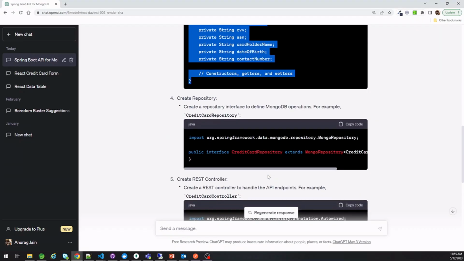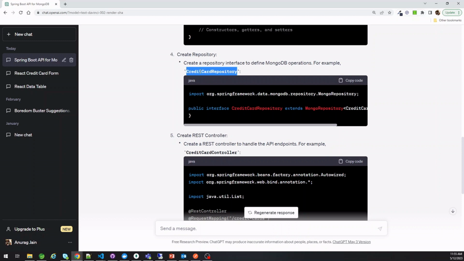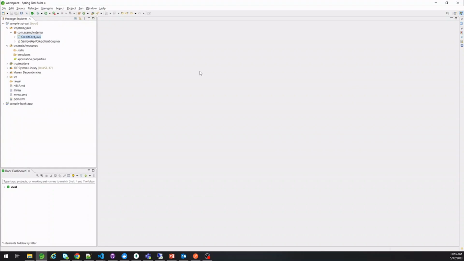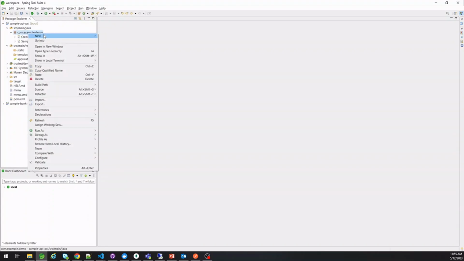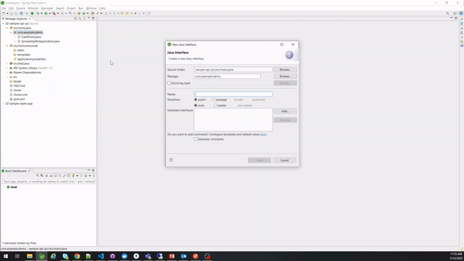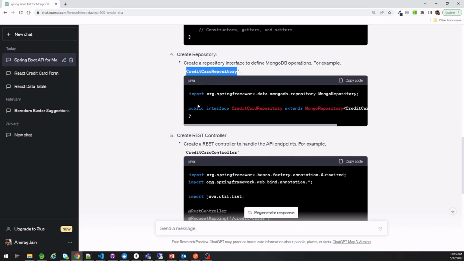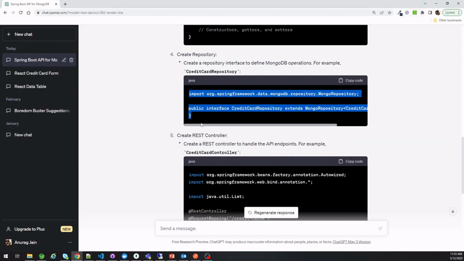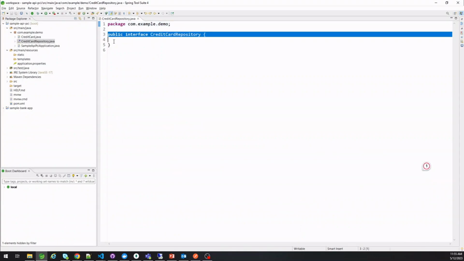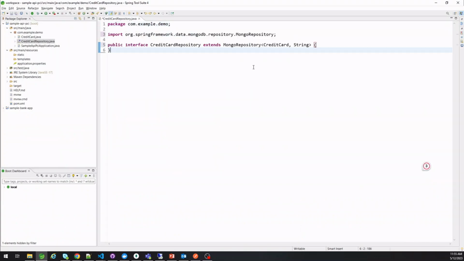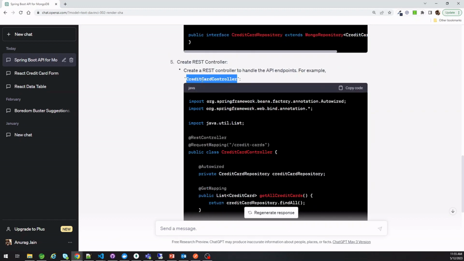Let's move on to creating the repository. So this contains all the required methods to interact with the data stored in MongoDB. So I'm going to create an interface with the same name, and I would extend this interface with Mongo repository. So I'm just going to extend Mongo repository with the model class that we just created,